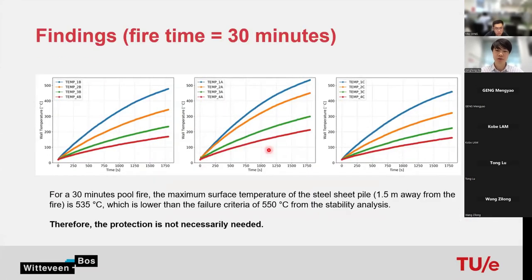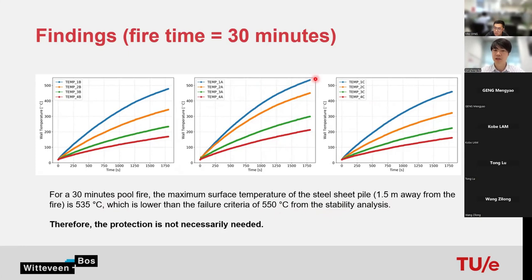And the simulation tells us now. First of all, we get some information from the structural engineers. It tells us that for the sheet piles, the failure criterion will be 550 degrees Celsius. This was calculated by structural engineers from the stability analysis. And then I look back at my fire dynamic simulation. It tells me the maximum temperature for the retaining wall will be like